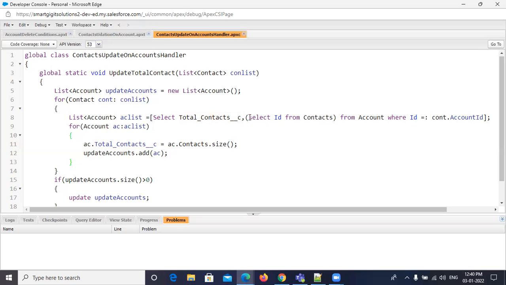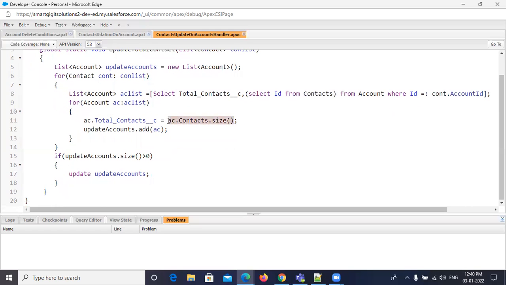Why? Because here I selected a single field. Okay, for example, this account can have 5 contacts. Here 5 IDs are selected, so it returns the number 5. That number is stored inside this contacts.